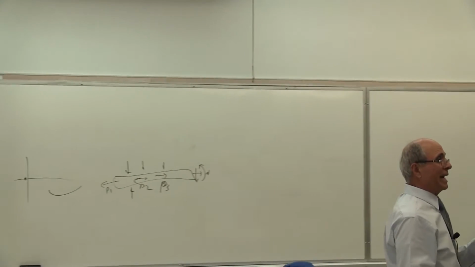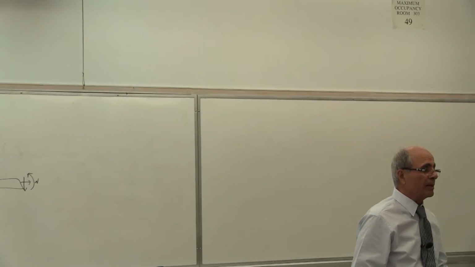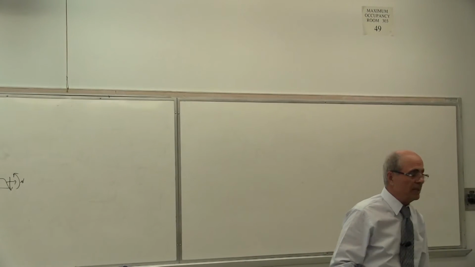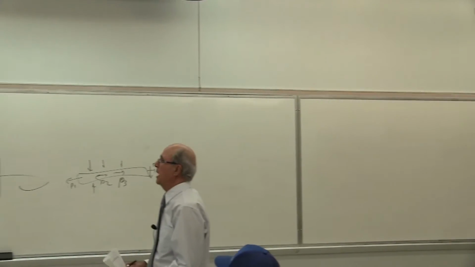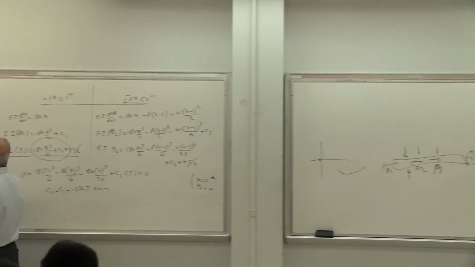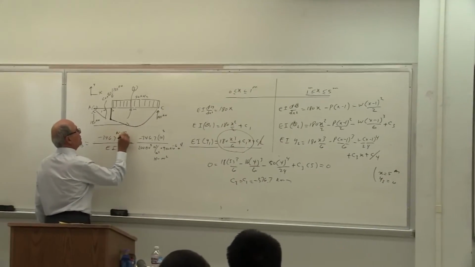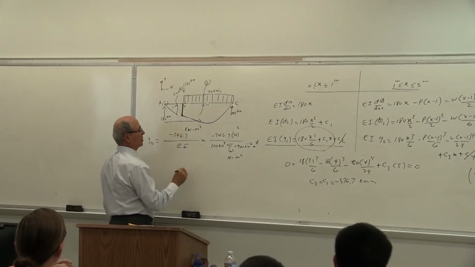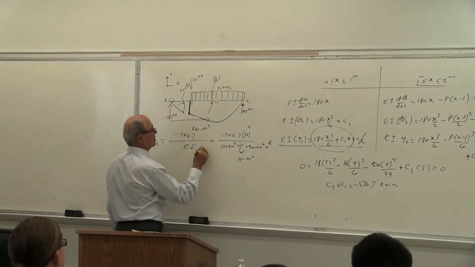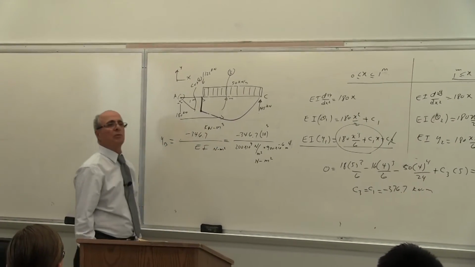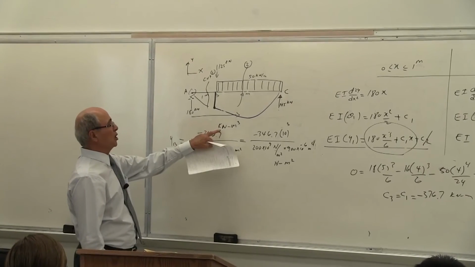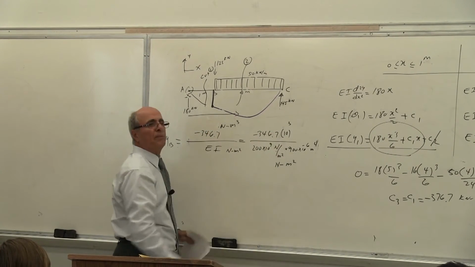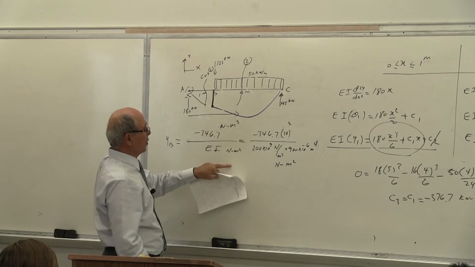Yes? However, the answer still is in what? Meter. And I don't want meter. I want the millimeter. So I should multiply. Notice what happened there. This has kilonewton meter to the power of 3. This, as you see, has Newton meter to the power of 2. Yes or no? That's the unit. So this one, I have to multiply it by 10 to the power of 3. So kilonewton become Newton. Then meter 3 over meter 2.